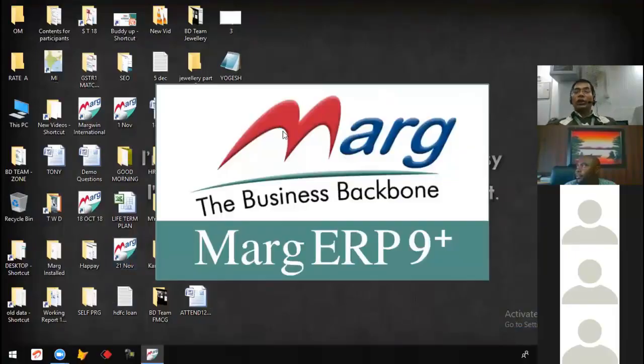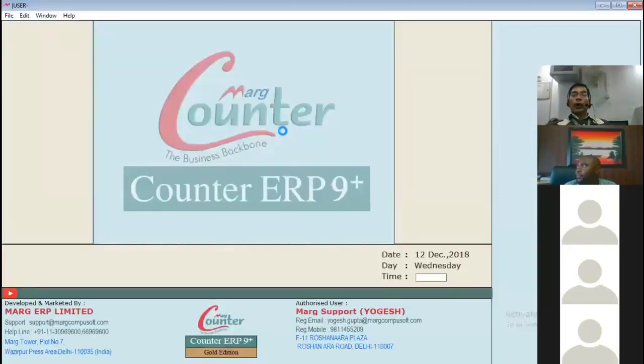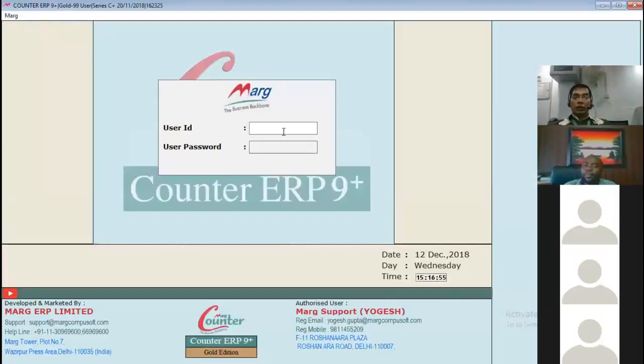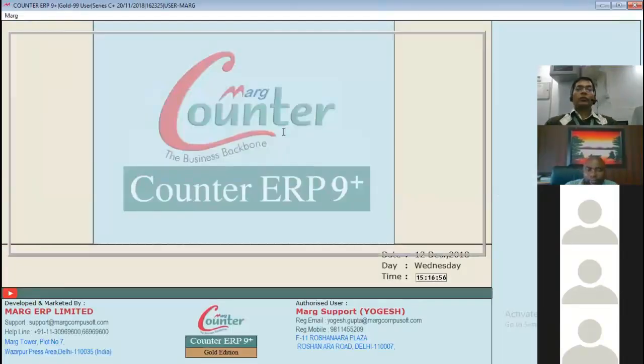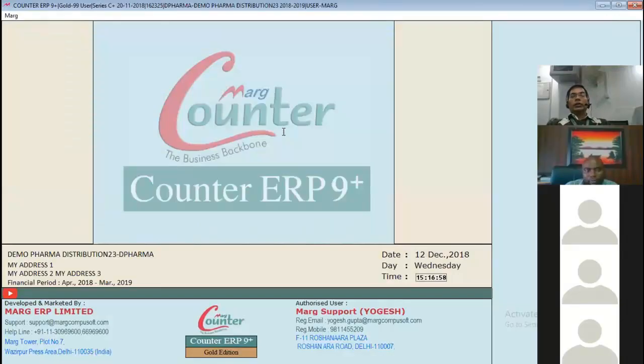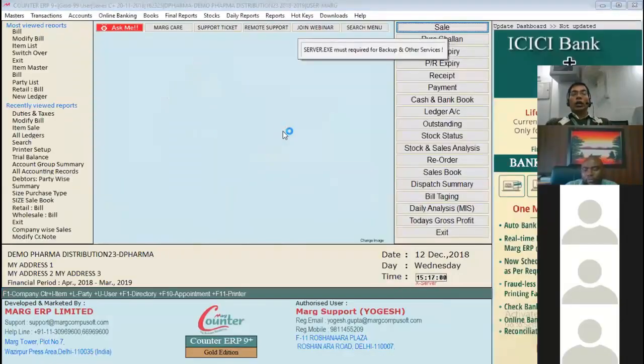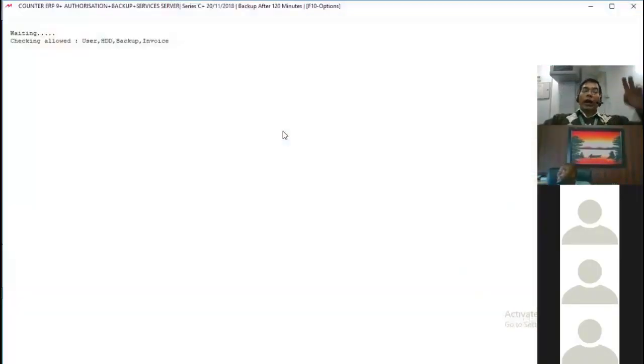You just notice that when I open my Marg, you get this white screen. Look at that. This white screen is now in background. I press Alt Tab. I get that screen. That is my backup screen. It is taking the backup of the software.